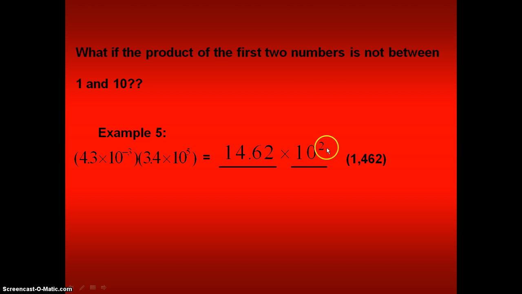And you're probably wondering, how did she get that? Well, remember the decimal place is here. The exponent is positive 2, so I'm moving the decimal 2 places to the right, and I'm going to get this nice big number over here. And then what I want to do is work backwards. So I'm going to take this number here, 1,462, and I want to put this into scientific notation